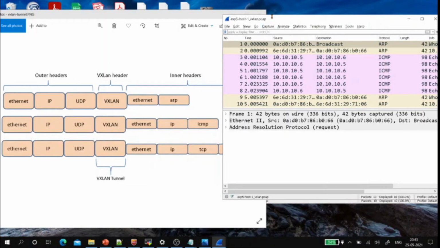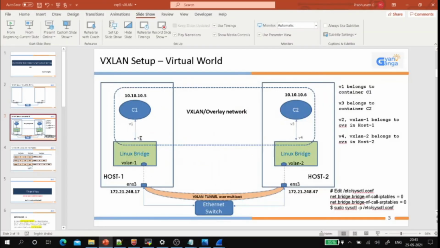Now we will compare the Wireshark logs with the packet structure. See, this is the packet capture done at the VXLAN interface, that is this interface, right? We have already discussed that only the overlay traffic will be captured on the VXLAN interface.